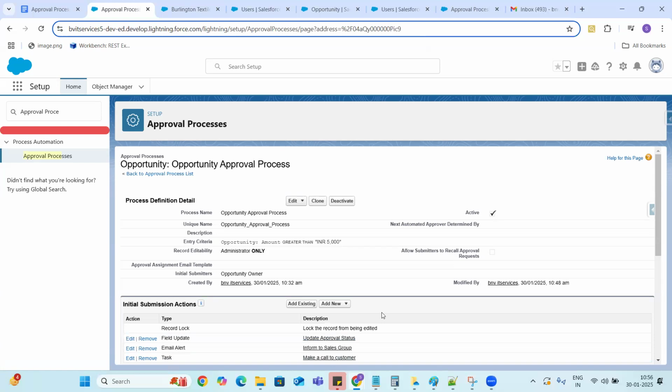Whenever you want to execute some actions automatically, we use approval processes and flows, and approval processes are only for the submit for approval. That is the point of time the approval process will fire. None of the other times. For all other scenarios, we use flows for automation purposes. Okay.